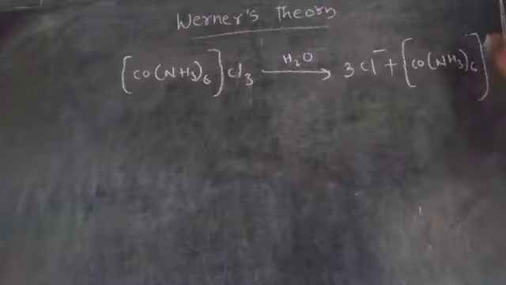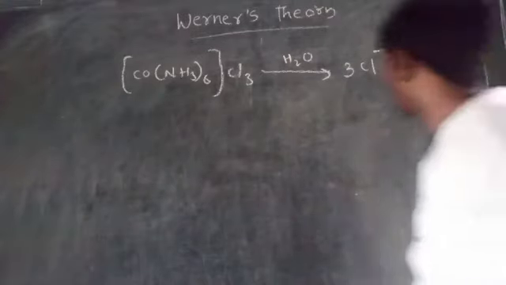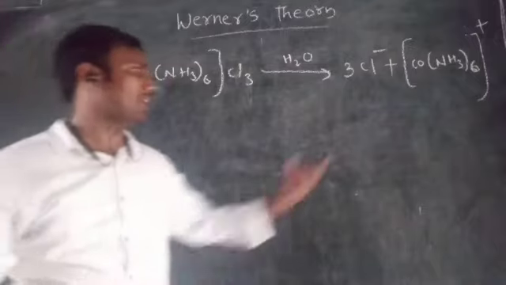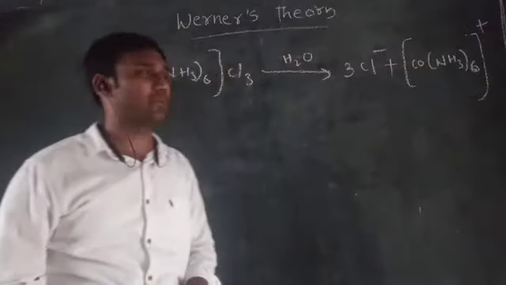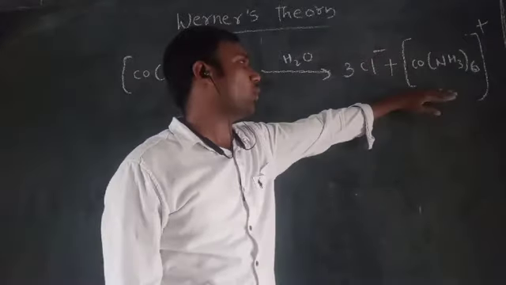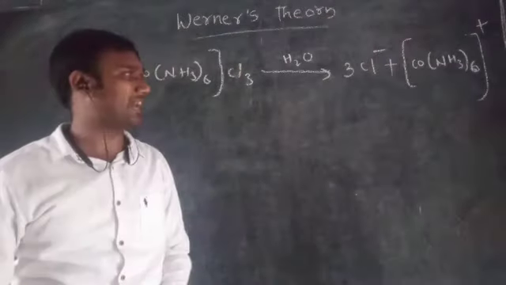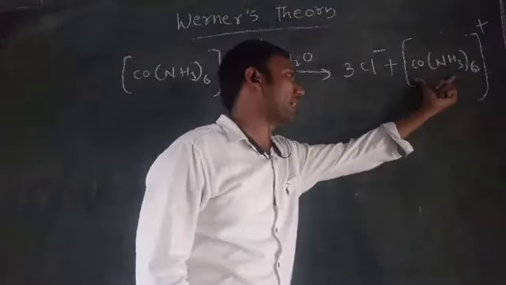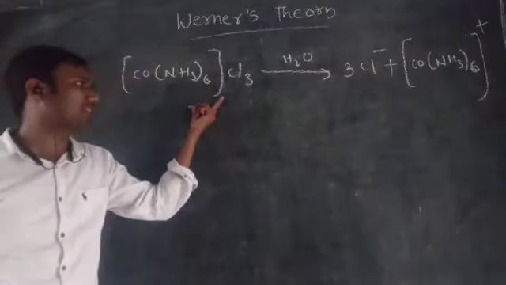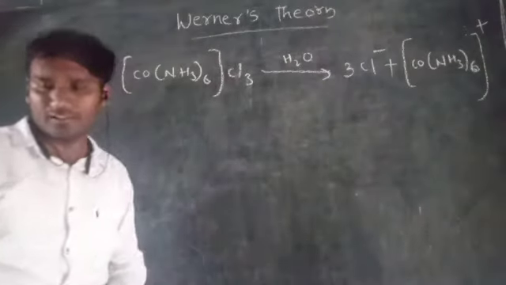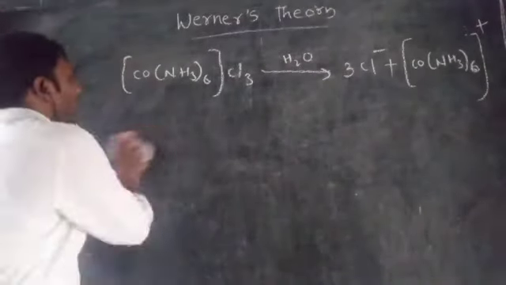CoNH3)6 plus CoNH3)6 plus. So now how many chloride ions are there here? 3 chloride ions. And how many coordination spheres? 1 coordination sphere. So 3 chloride ions are negative charge, that means negative particles. 1 coordination sphere is a positive particle. Totally how many ions are possible? 4 ions are possible. These are the 3 ions and this is 1 ion. Totally when this compound is dissolved in water, 4 ions are released. Right. So this is one of the topics, and we'll go with the second example.